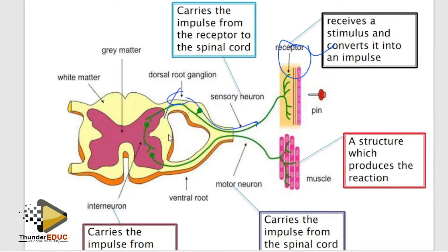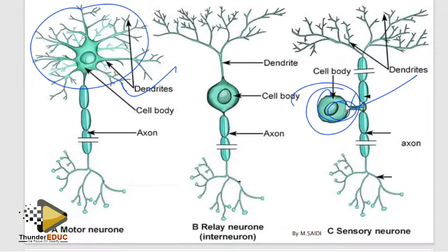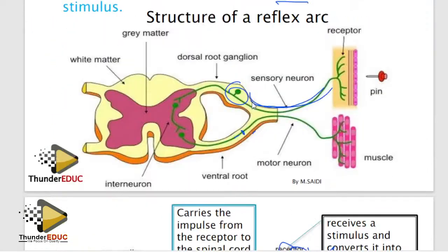How do you know that this is sensory neuron? Because sometimes they bring it upside down. Just look at where the swelling is. That neuron is going to become the sensory neuron. Why? Because the sensory neuron has the cell body along it. So if you look at it here, yes, the cell body is here. So then the neuron continues. So if they bring it upside down, whatever they have done, so that they can confuse you, make you fail, tell them that you found the trick.